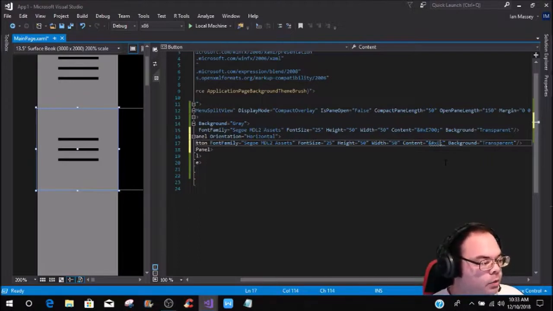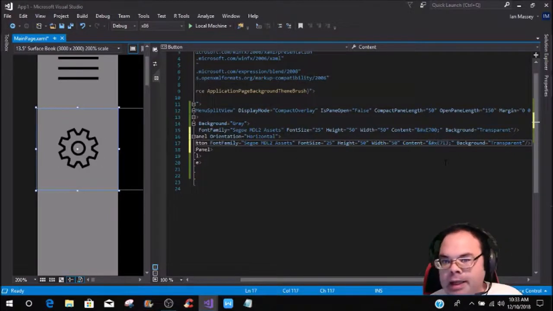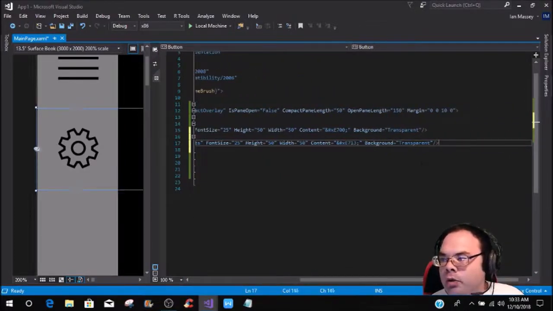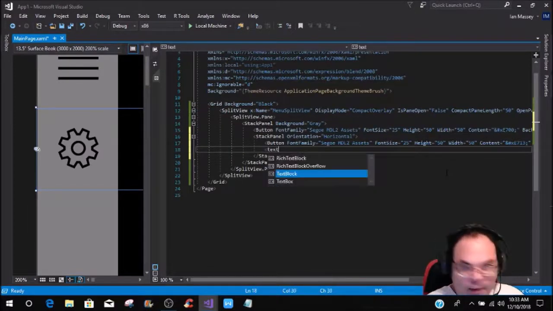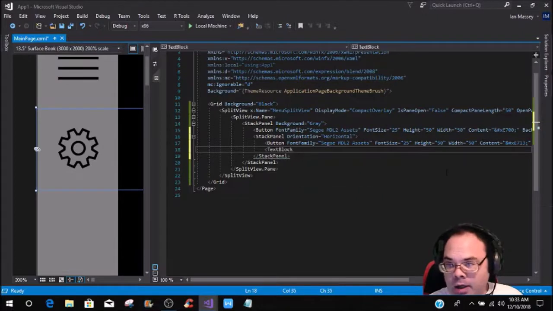And for this one, I am going to use the settings icon. So it'll be like that right there, and you can see that the gear is right there. Now what we're going to do is we're going to come down, and we're going to add a text block,